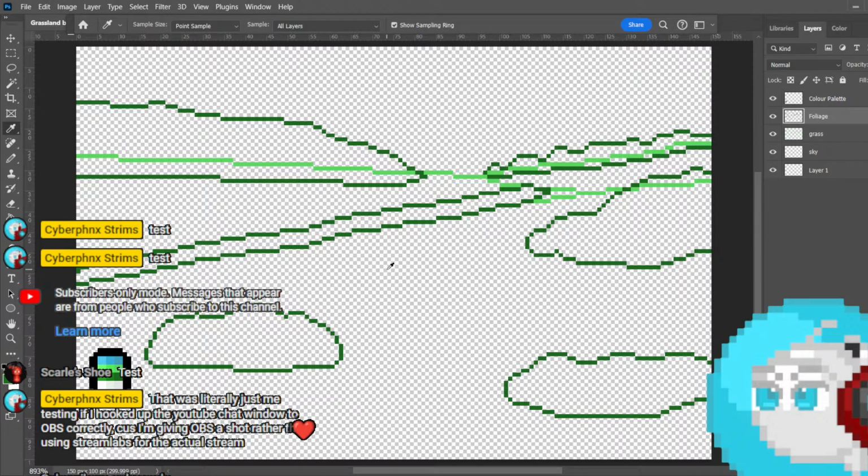And now that we have the wireframing in and that sort of thing, we can get to color blocking. Yeah, you can now actually see the clouds properly. And this will allow me to actually properly